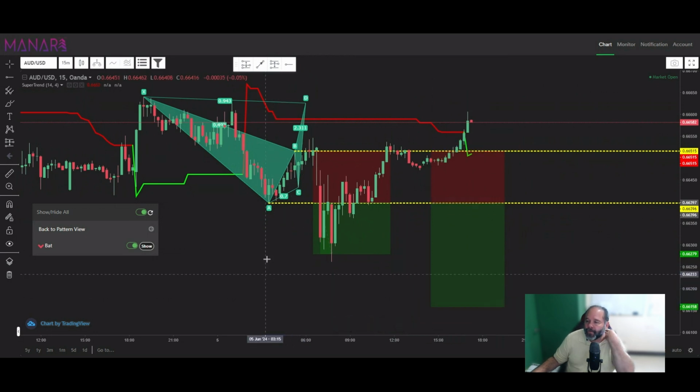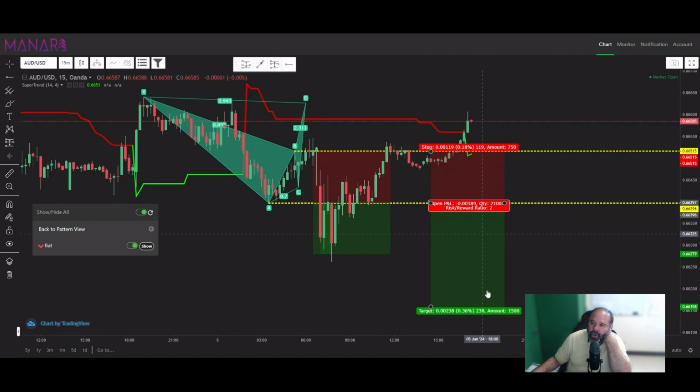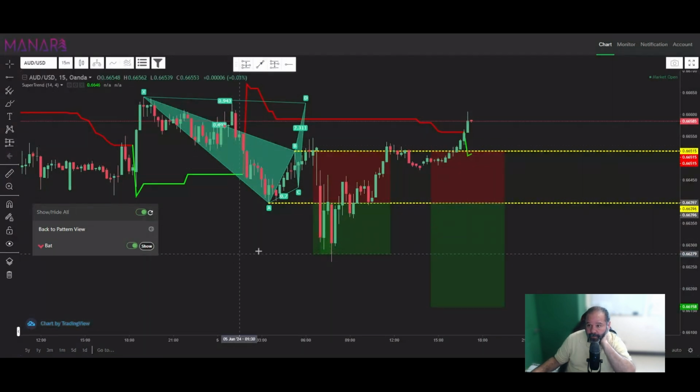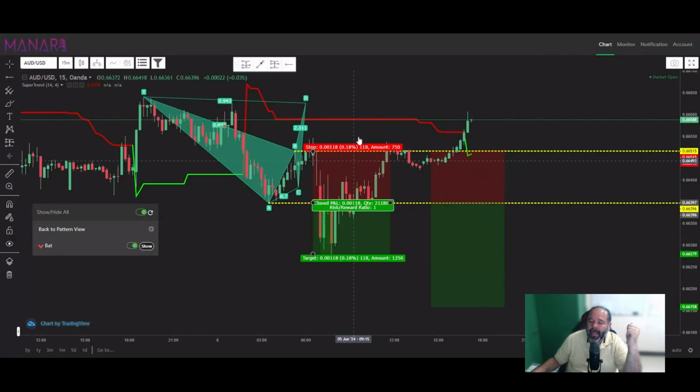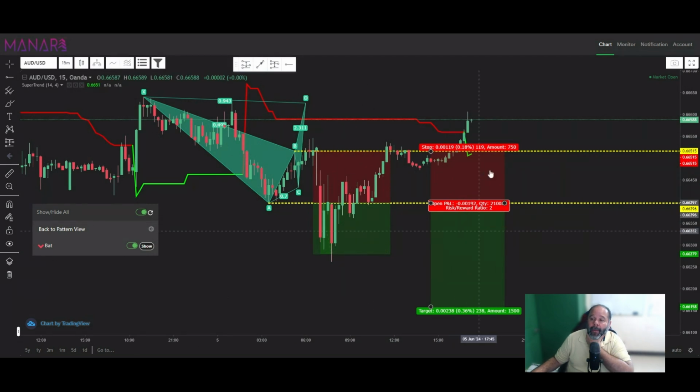There. So every time I see a setup, I place two trades. One is a 1-to-1 risk reward ratio, and the other one is a 1-to-2 risk reward ratio. What happens is that I normally risk 1% of my account. That 1%, I divide it in two. 60% of the 1% I risk on the first trade,